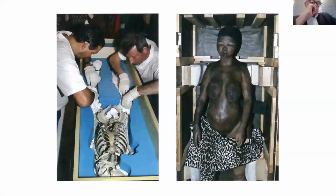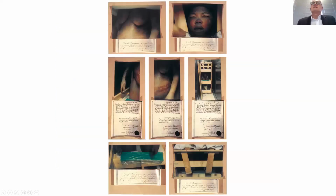The other interesting thing, when Penny was in Paris in 1986, was that she went to the Museum of Mankind, and she wanted to look at the body parts of Saartjie Baartman. They couldn't find the body parts. They could only show her a later cast that you see there, and she couldn't see it in 1986. She had to go back on a second trip to Paris in 1988 with a letter from Philip Tobias, one of her supervisors at WITS. She then got access to at least the cast there, and that led to another seminal work of Penny's,